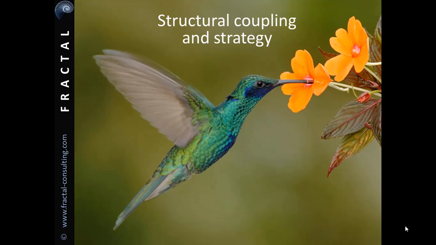In biology, structural coupling is the process by which an organism interacts with its environment in such a way that the organism changes the environment and the environment changes the organism. They co-evolve to fit. So the hummingbird's beak develops to fit the flower, and the flower develops to fit the hummingbird's beak. Through the generations of flowers and hummingbirds, each adapts to fit the other. It's a structural coupling because in the coupling, each is changed structurally. And it shifts our focus from the individual organism, the hummingbird or the flower, to the relationship between them.